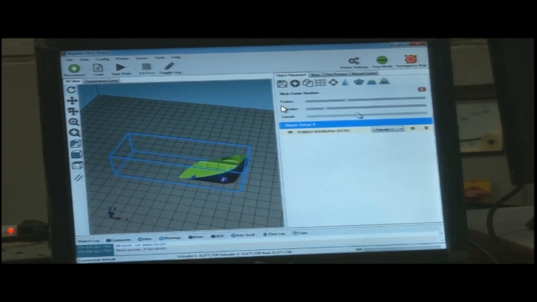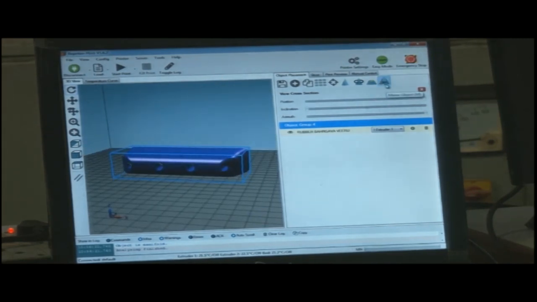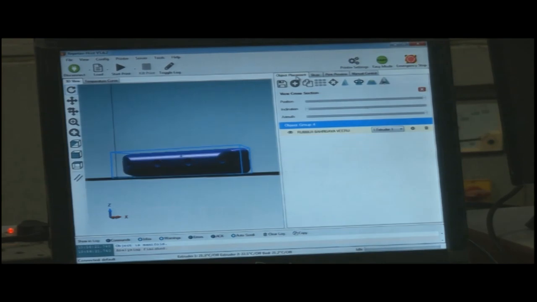So in this way, using these three tabs, we can see each detail. For instance, there are multiple features, deep features or intricate features in this job. We can see what is there inside the job, provided the CAD model has all those features. Now this is the actual part. Now the last one is a very common thing, mirror object. This is mirror object. We can change from left to right or right to left. So now what we identified is that the placing of the CAD has to be proper.